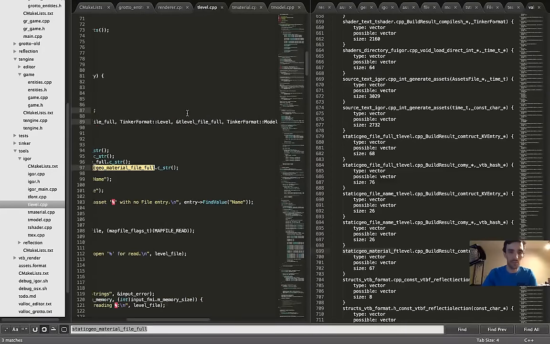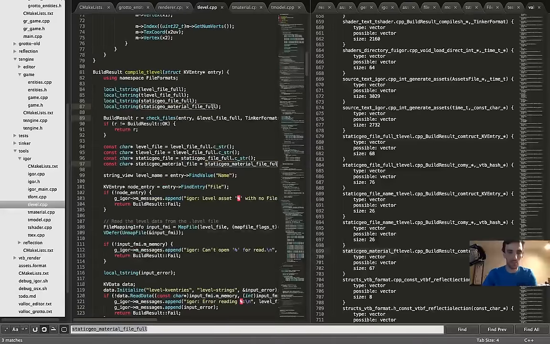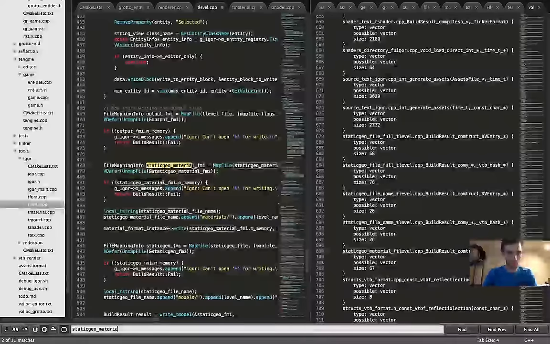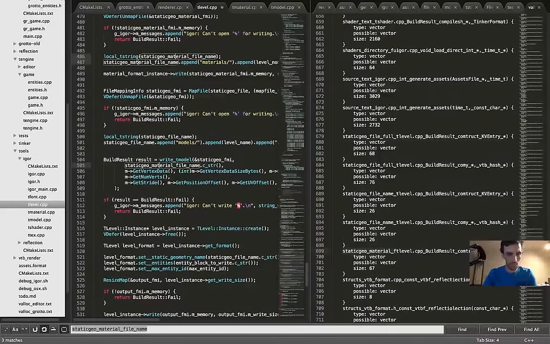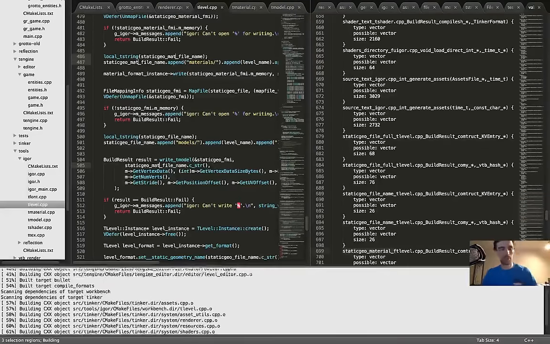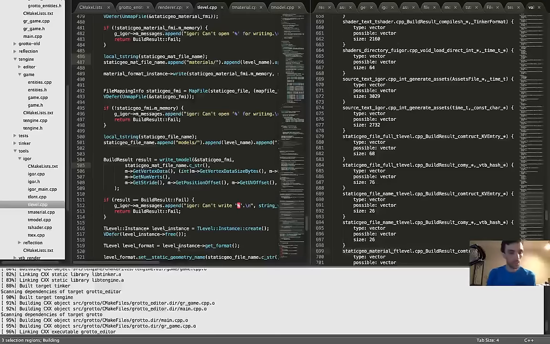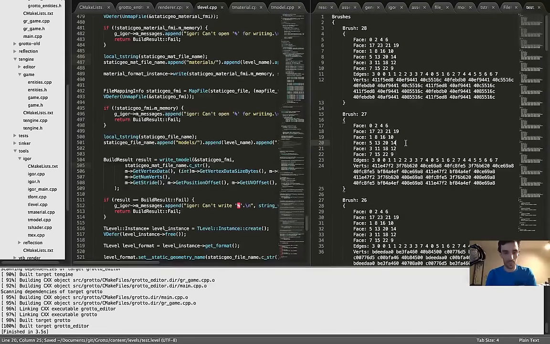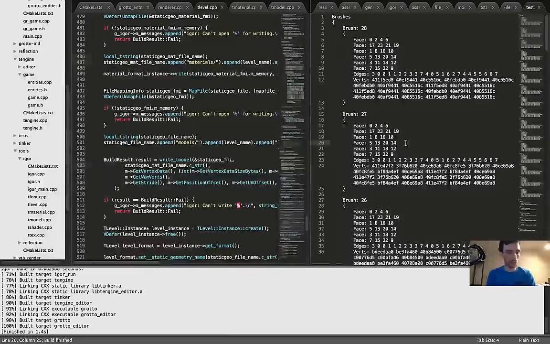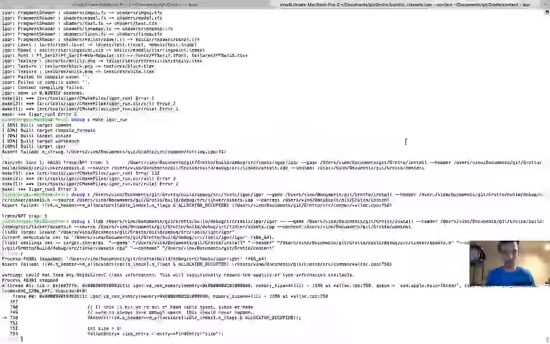Let's change the name to something shorter. I feel terrible doing this, but something like that, I think. And I'll do it over here just for good measure. All right, that should fix the problem. And there we go. Okay. So touch the file to make sure that it regenerates. Did it